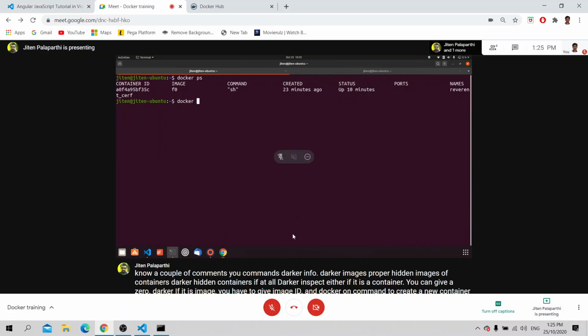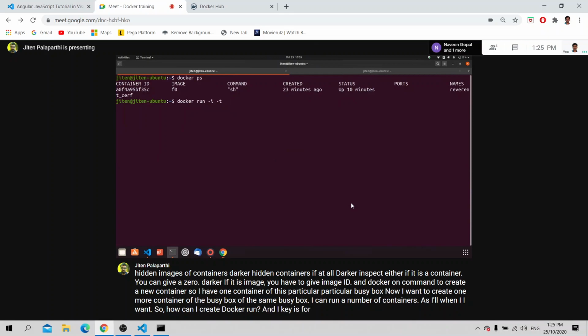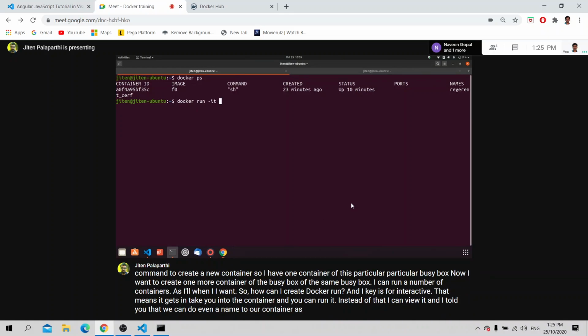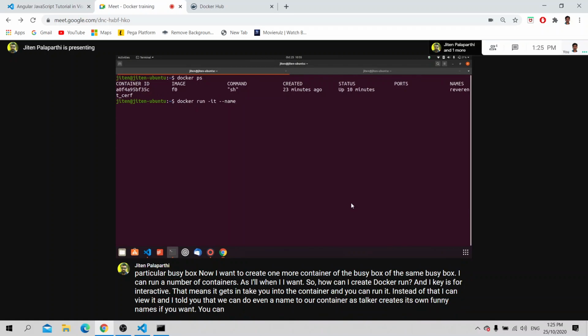So I can create with docker run, and the -i flag is for interactive. That means it takes you into the container and you can run it. And I told you that we can give even a name to our container, as Docker creates its own funny names. If you want, you can name your container by using --name.